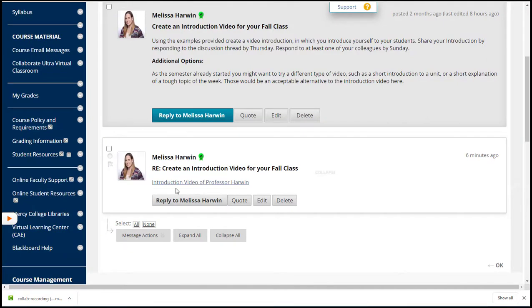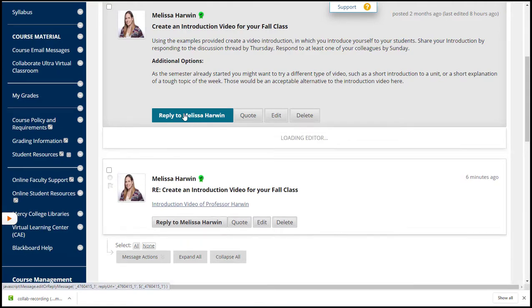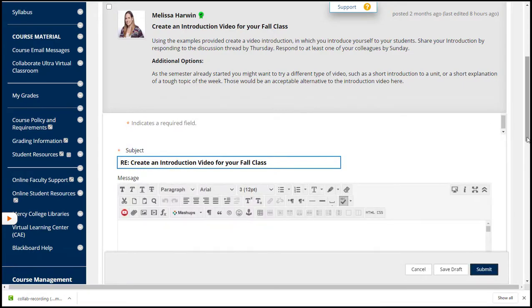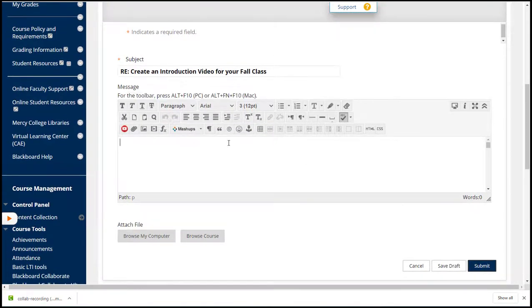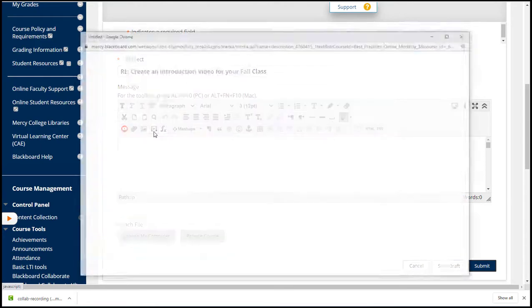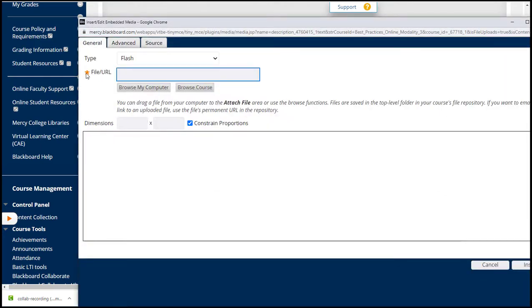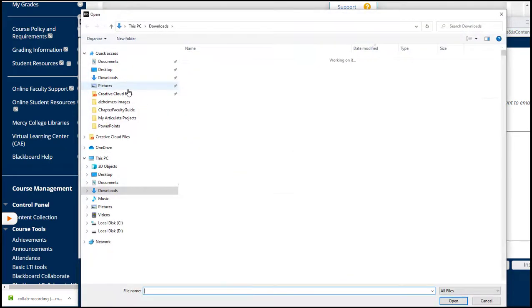And here we see the link I put, but let's say again I want to do it slightly differently. I can, so that it embeds in my video instead of a link, I can click reply. And here I see my message. Now in order to embed a video, what we want to do is click this fourth little film here with a play button. And where it says file/URL, what I want to do is click on browse my computer,